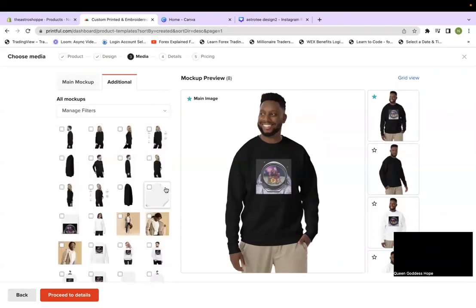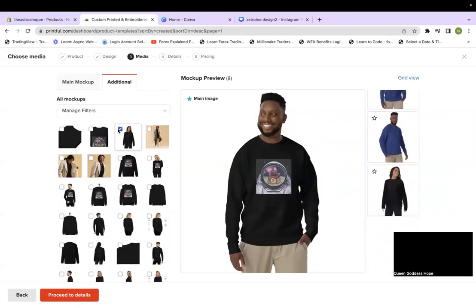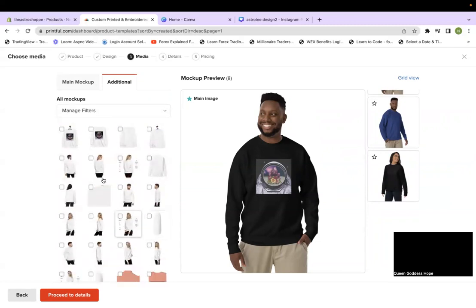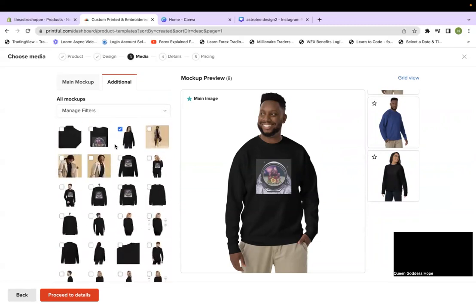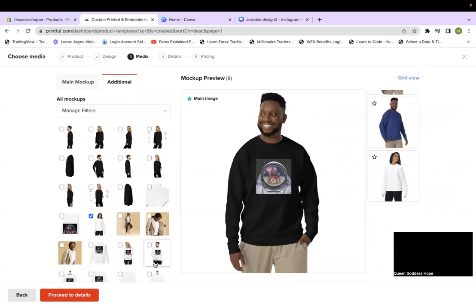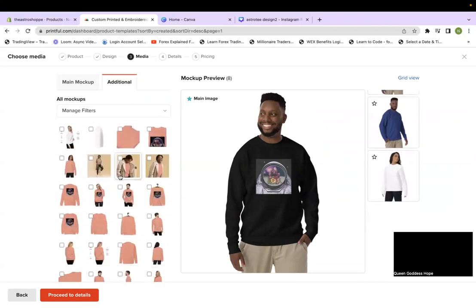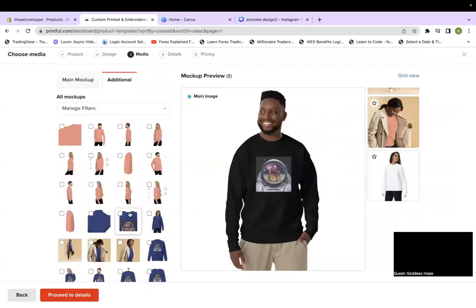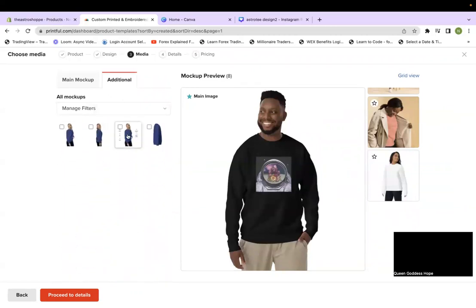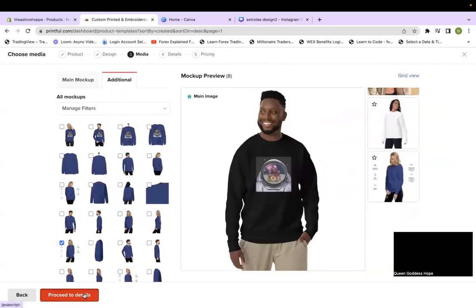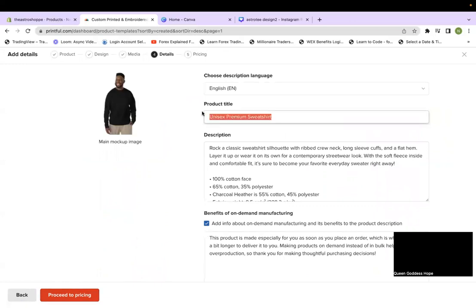I want to get this girl. I like that. And while you can't see it yet, you'll probably be able to see it later. Oh, wait, let's see if she's in a different color. That's true. Yes, she's in white. And I like the way this looks, these two. And this dusty color, I'm going to get the specs of the shirt on there and proceed to pricing. So I called this one